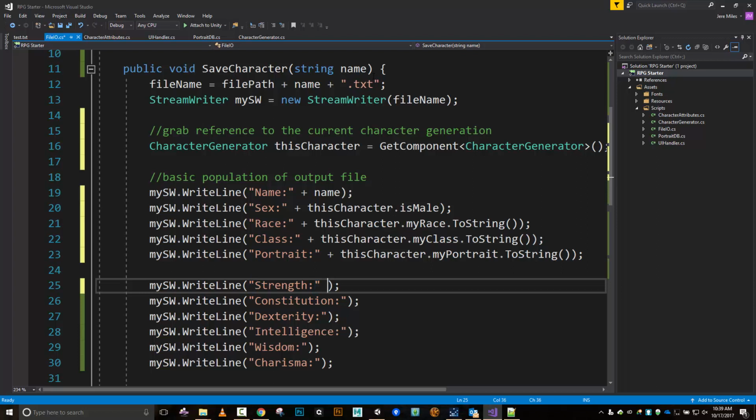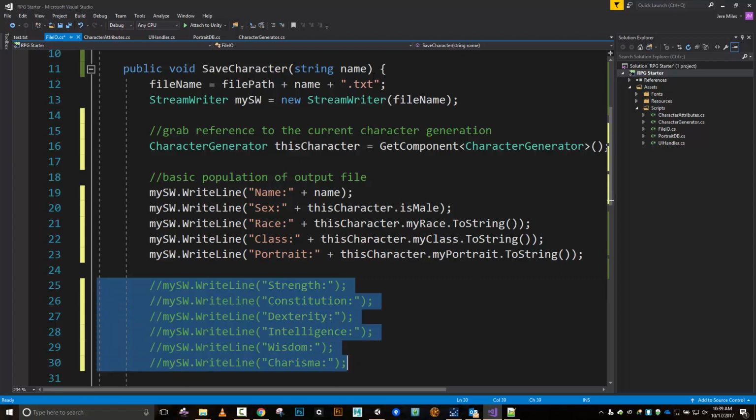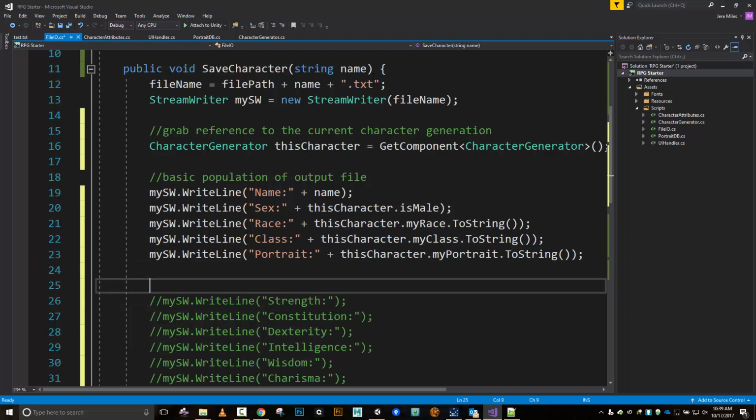I'll get out of the way. Strength is going to be plus this character dot boy. Okay, here's how we're going to do this. I'm actually going to iterate through all the attributes we have. I think that's going to work a whole lot better than manually doing this. So let's do this. Let's go home, select all of those guys, do a Control KC. Let's just comment that out. And then right here we're going to do a, what are we going to do? Let's do a